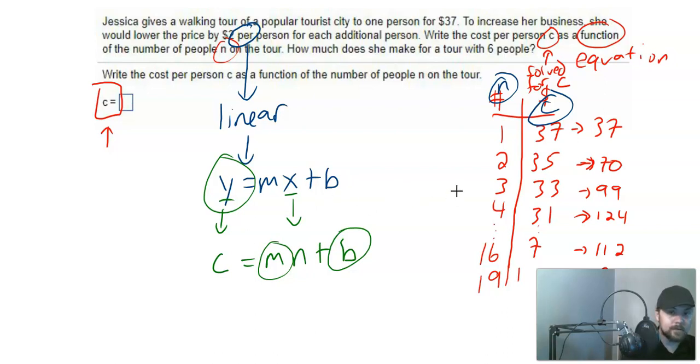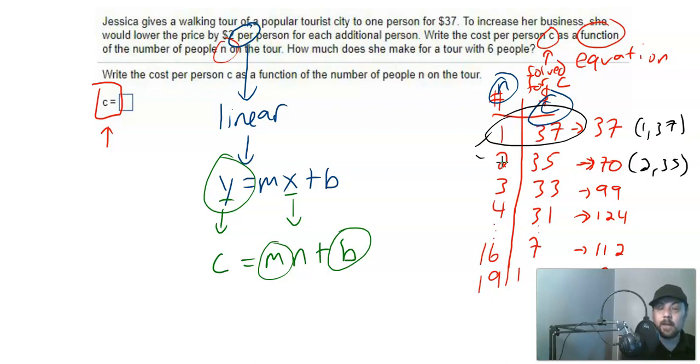The shortcut here. Now, you could find the slope using 2 points, right? You have 2 points here. Each entry on this table is a point. 1, 37 right here. This is 2, 35. You can think of these as points and then use the formula y2 minus y1 over x2 minus x1 to